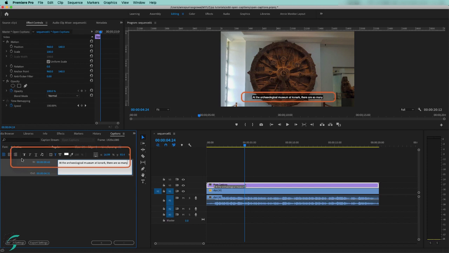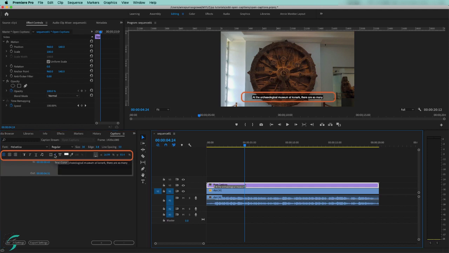Now other settings which you can do with this caption is, here is a shortcut for the font weight. Make it bold, italic, underline, whatever you like. You can also add the music note from this. Now you can also change the background color for the text, the text color and the edge color as well.